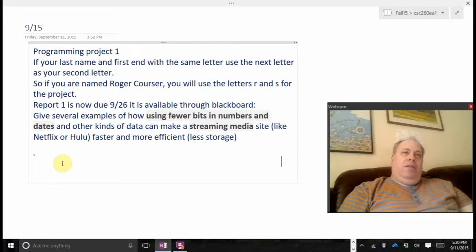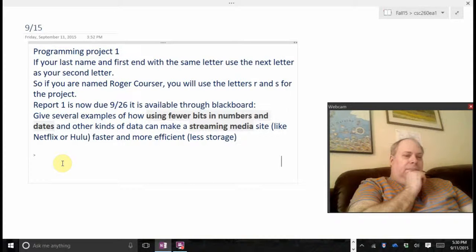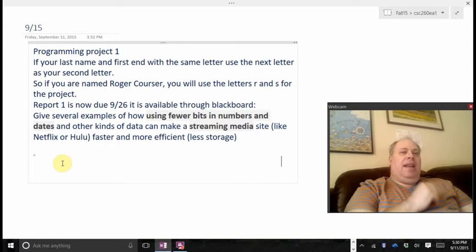Try to use Word readable files. PDF is good, Word is good, RTF is good. Don't give me a Pages file, because I can't read those. Any other things I'll give you, we'll go over some examples of stuff and so on. There's an example report, not on this topic, in the Blackboard that you can look at, in the reports tab. So that should do for that. That's the administrative stuff for the beginning of class.